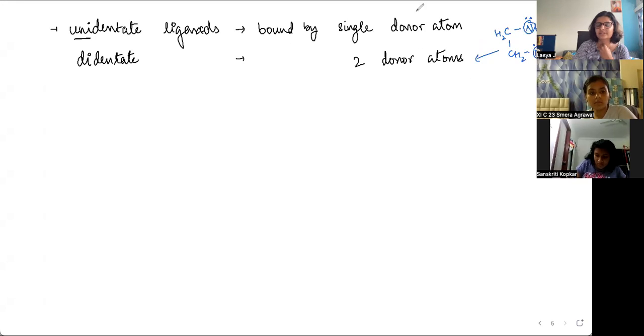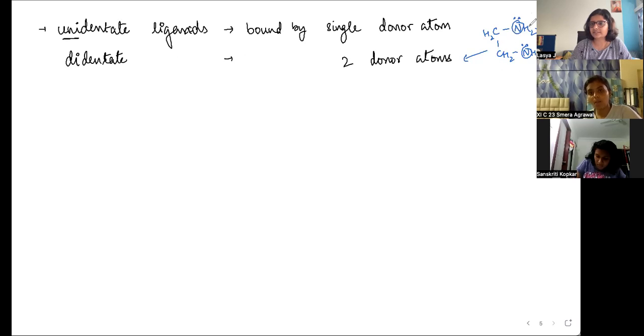So there are more species also. When we come across a list of ligands, we look at each one of them. But yeah, didentate, how two donor atoms का मतलब single ligand which is ethylene diamine, उसमें दो atoms है. There are two different nitrogen atoms that are capable of donating electrons. That's why that's a didentate.